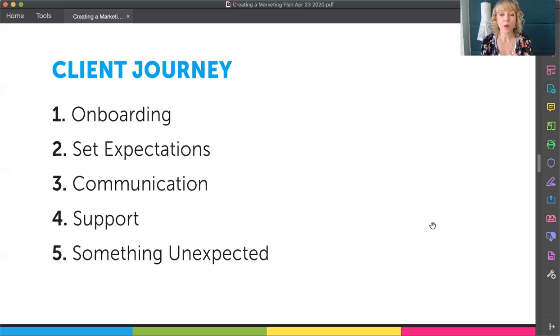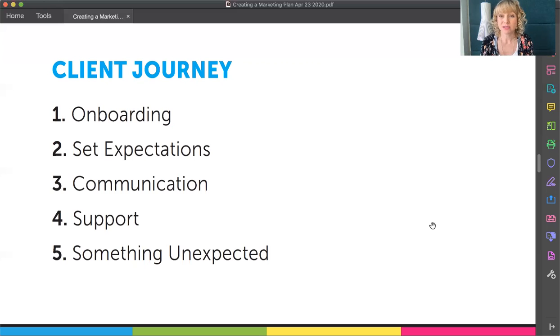Then number three is, how do you communicate? How often? What's the tone? Do you have regular touch points? If it's a 2-month project, do you have weekly emails you send out? Do you only email them when you have an update? There's no right or wrong necessarily. It's just understanding which is the right one. Like what's right for you, I should say. And what do your clients expect?